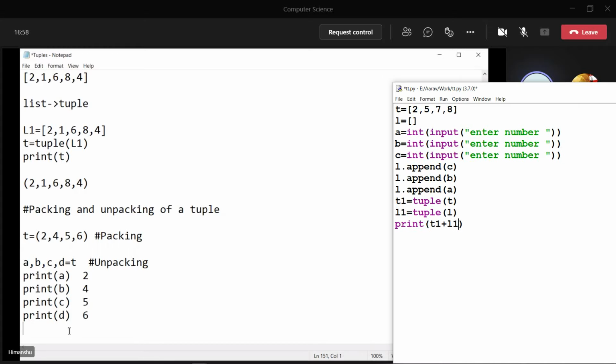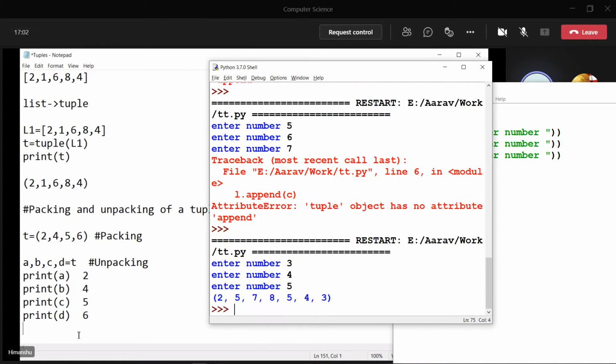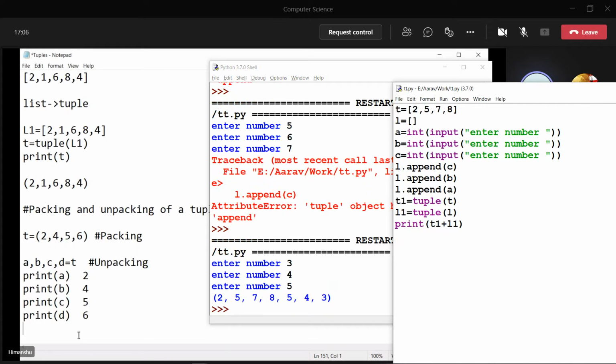This is again quite important. You can get a question related to this. Please write this down in a notebook. And then after that, we'll go back to the program.